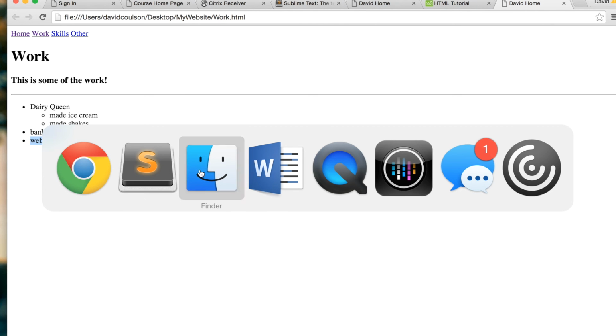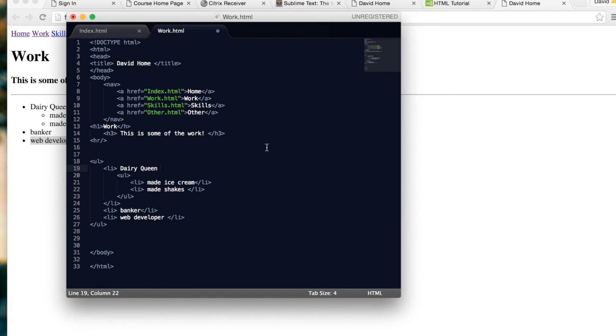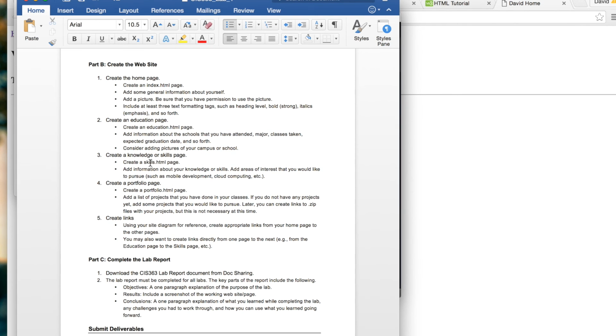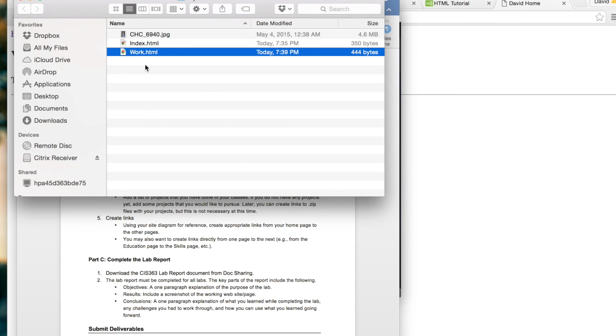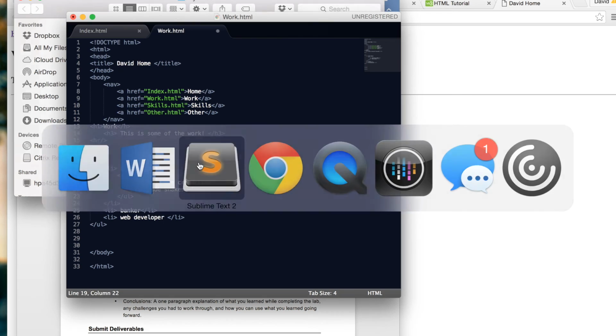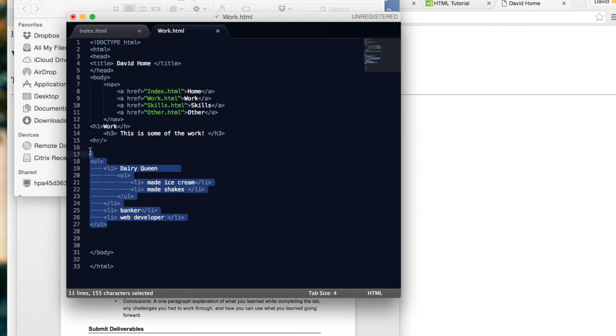Let me get to the last part here. I know we're running over a half an hour here. Kind of show you guys what I had in mind for this assignment. Add information, schools, majors, graduation, and so forth. Consider adding pictures. I showed you guys how to add pictures in the index page. You could do that there if you wish to do so. Information, knowledge-based skills, interests. You can do the same thing with your listing, so just practice your listing. Same with the unordered list. You can practice this if you wish to do so, or you could just be as bold and say, you know,